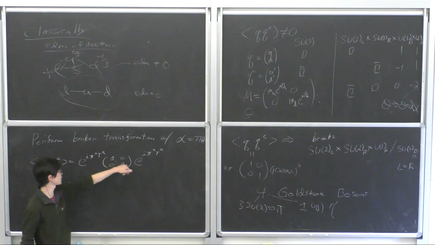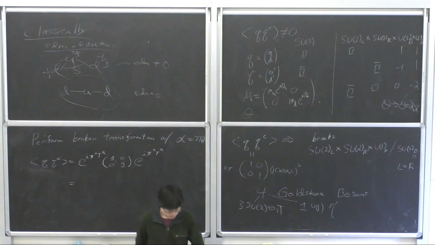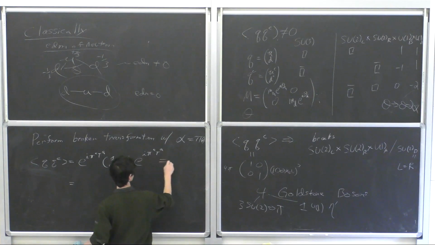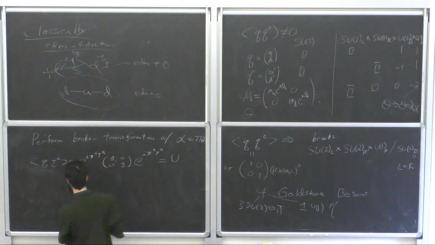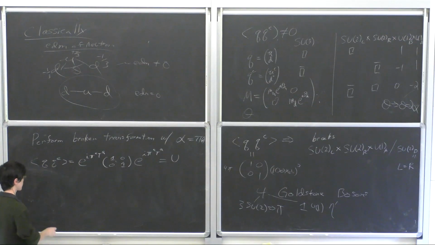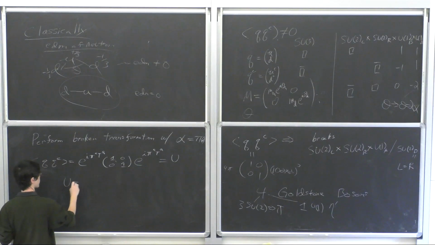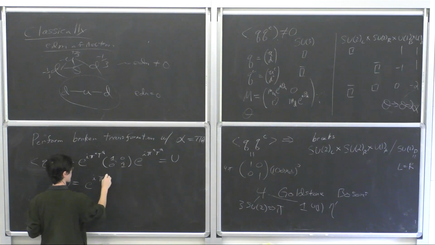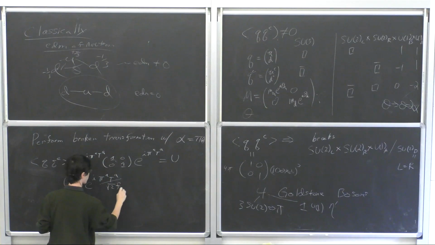Usually this thing just becomes the same thing squared, and then at some point people have to choose normalizations. I'm going to call this U, and there are a lot of different conventions for defining things like the pion decay constant. The one I'm going to choose here is e to the I pi a ta over square root of 2 f pi,